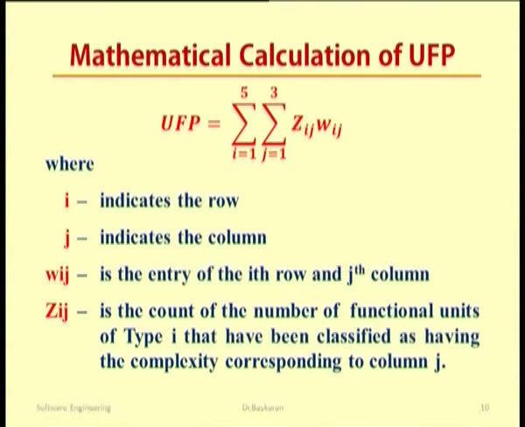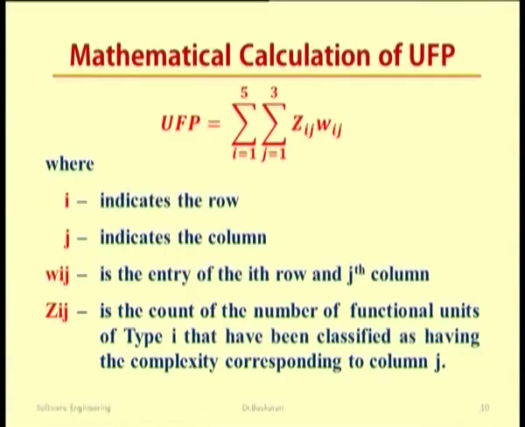So this is said to be an independent functional unit multiplied by the weighting factor wij. When I mean zij, say z13, it means z1, where 1 stands for external input and 3 stands for the high complexity count. So z13 means external input, high complexity count, multiplied by wij. So j equal to 1 to 3 stands for the 3 complexity adjustment factors, low, average and high, and i equal to 1 to 5 stands for all the 5 functional units, which when multiplied you will